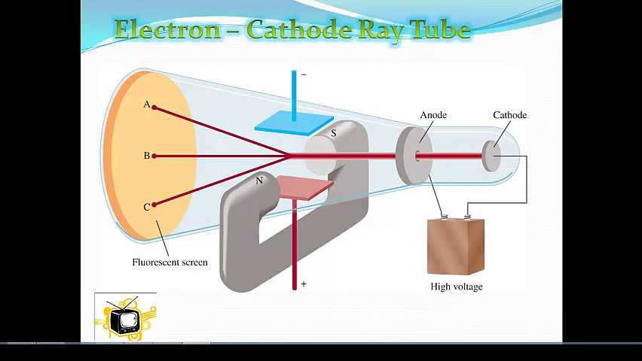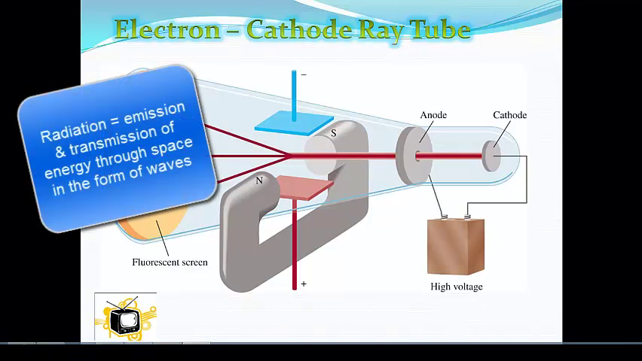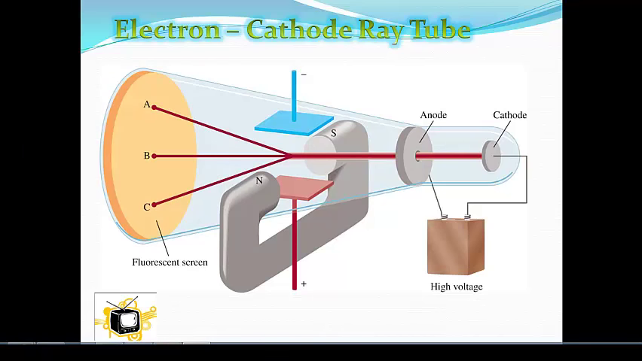that back in the 1890s, so a long time ago, a lot of scientists were caught up with the study of radiation. Radiation is defined as the emission and transmission of energy through space in the form of waves. Now, the information that we got from the research of radiation really helped a lot of scientists understand the atomic